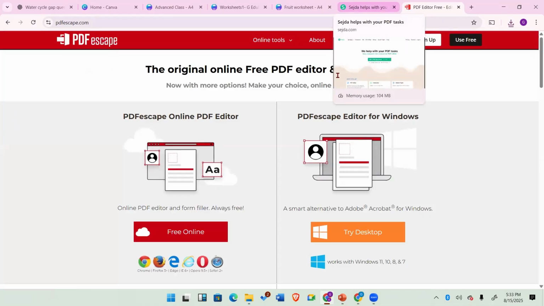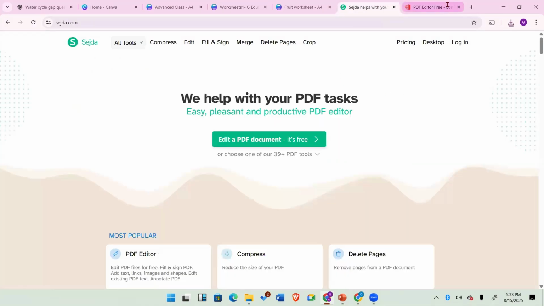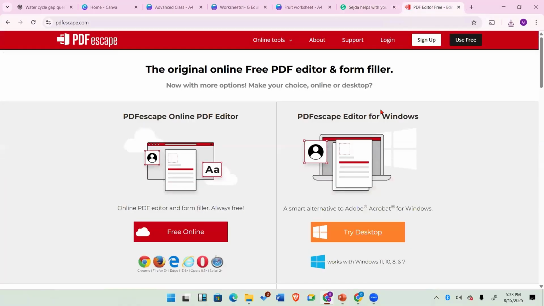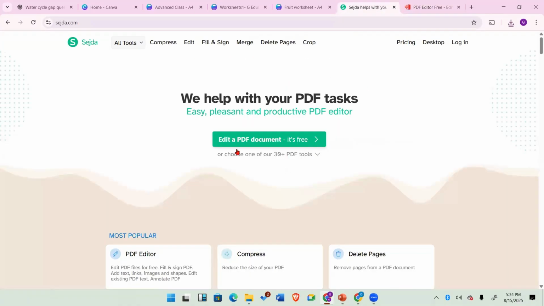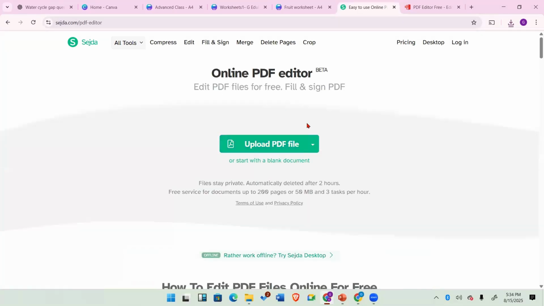These two sites are very basic, but I've explored the two and I know that Seda is very easy and very friendly. PDF Escape's not so easy to navigate, but not so difficult, but the functions are just different. I prefer to use Seda. So once you come into Seda, you click edit a PDF document, and it will ask you